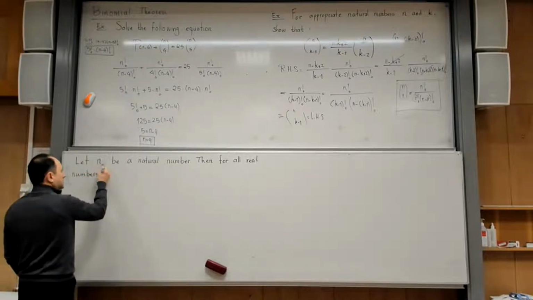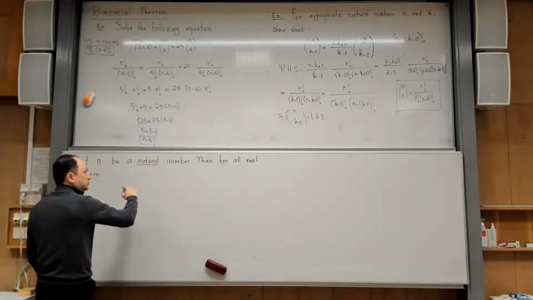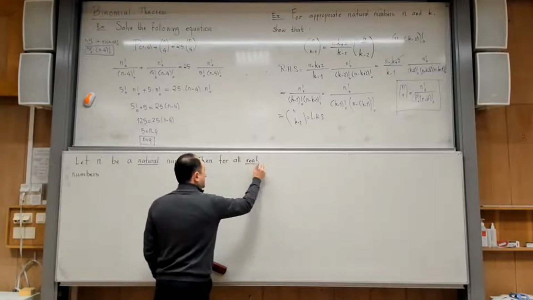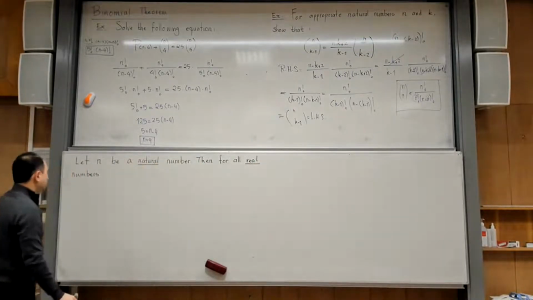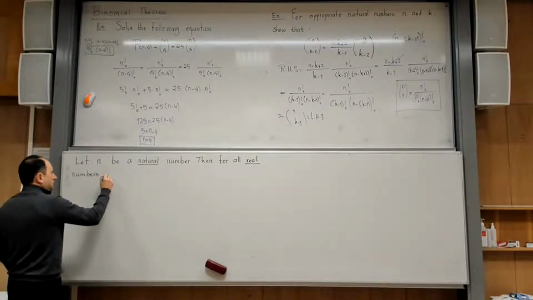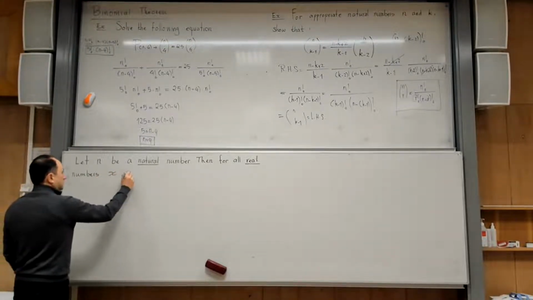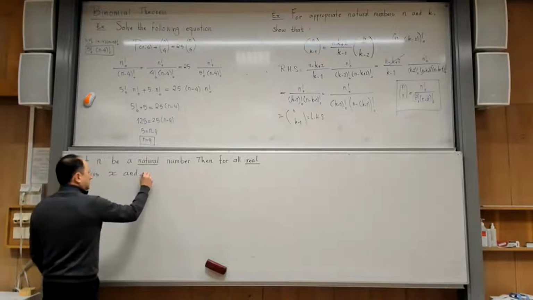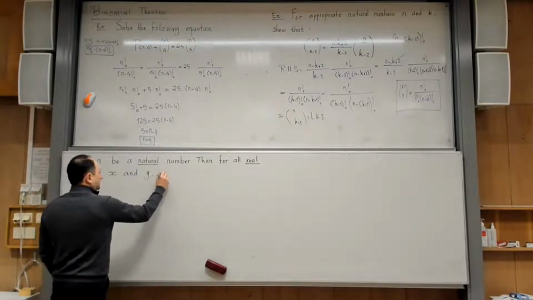Here I emphasize that n is natural, but these numbers that I want to mention are all real numbers. For all real numbers, let me call them x and y, we have